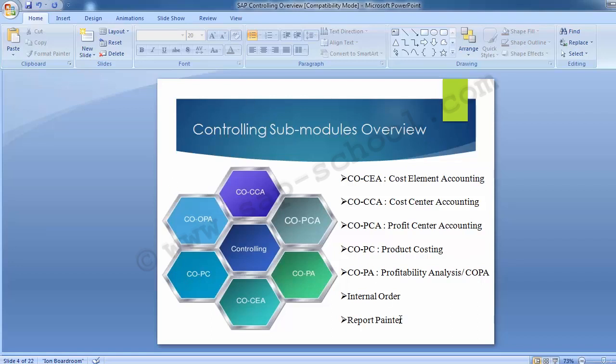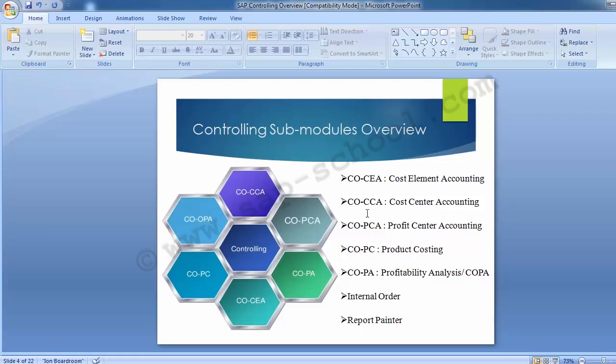Apart from that, we will also go through internal orders and report painter. So these are the different submodules of the controlling module, which makes the controlling module foolproof for achieving its